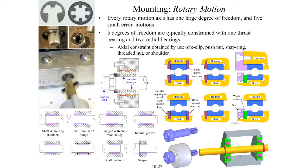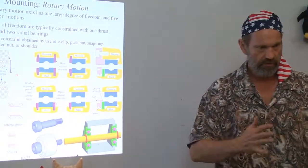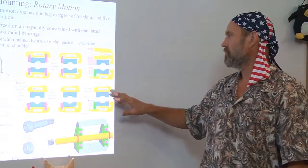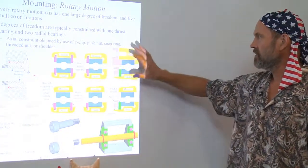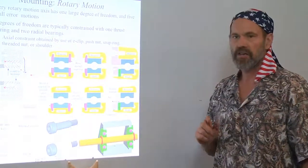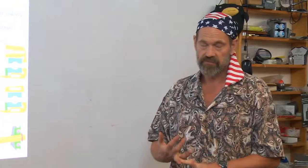When you consider all the different ways to mount bearings to achieve the goal of stiffness, load capacity in the direction, thermocentric design, there's no one right way versus wrong way. There's many different alternatives using snap rings, bolted collars, screw-on collars. It all depends upon the type of machine you're designing, the volumes that you're going to be designing them to meet,